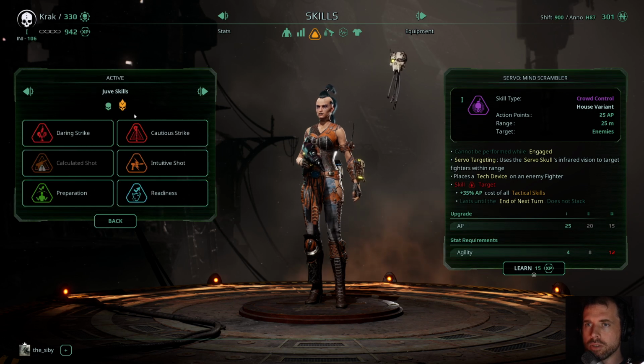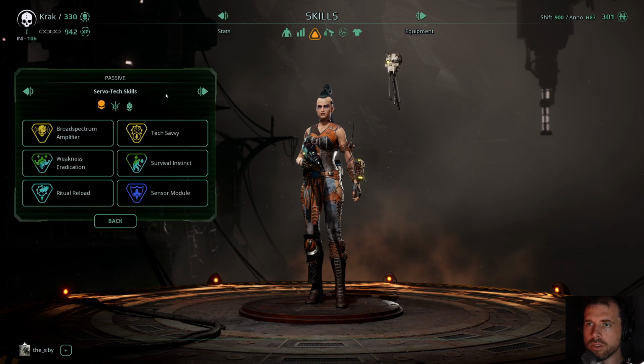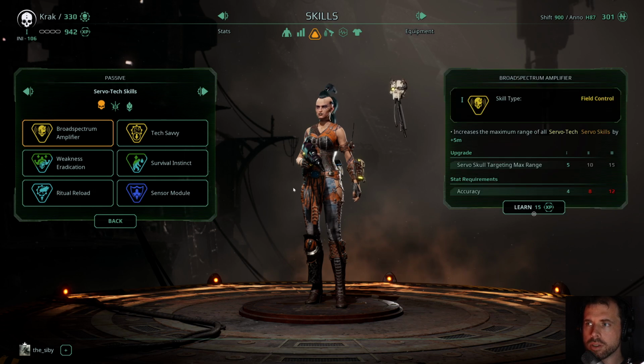And these are all the things you normally get. So that's all of those. Shall we look at the passives? So what have we got here? Increases the maximum range of all Servo-Tech server skills by +5. Okay, I feel like this is key. So this is one that we...